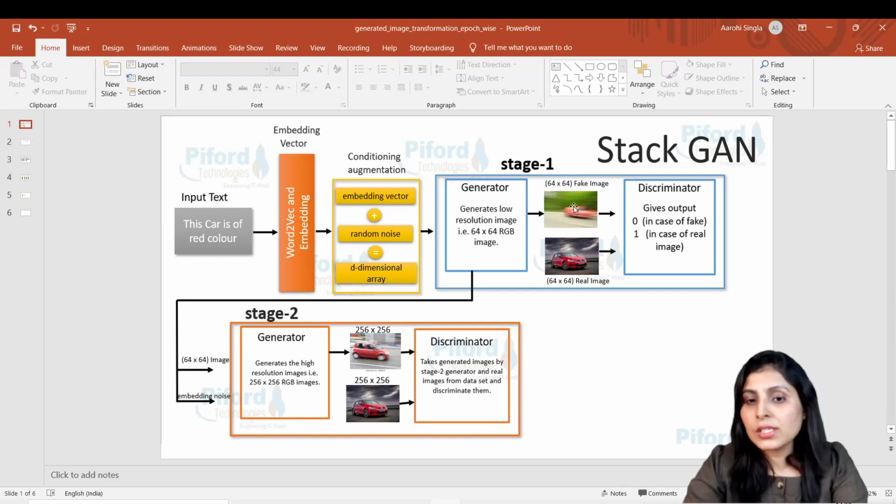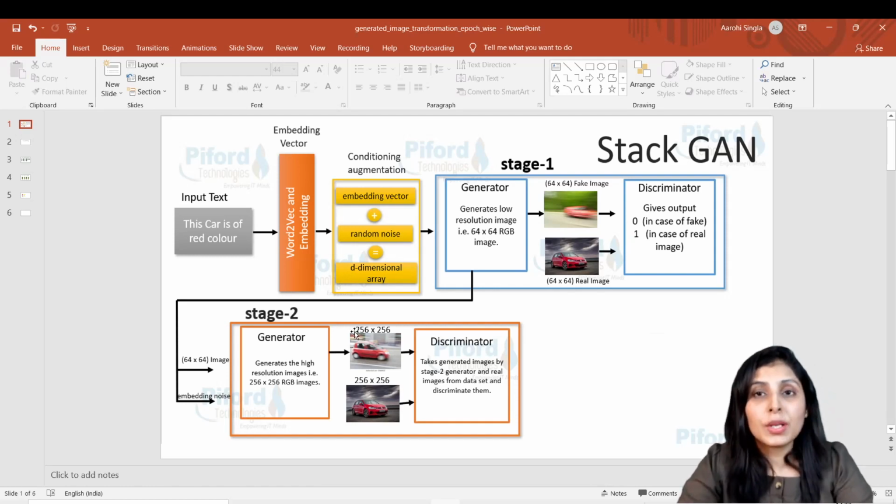So this is the fake image generated by our generator, and this is the real sample from our dataset. Now we are giving these two images with the embedding vector, okay? The discriminator will always get input in the form of a pair. Pair simply means image with the text, right guys?